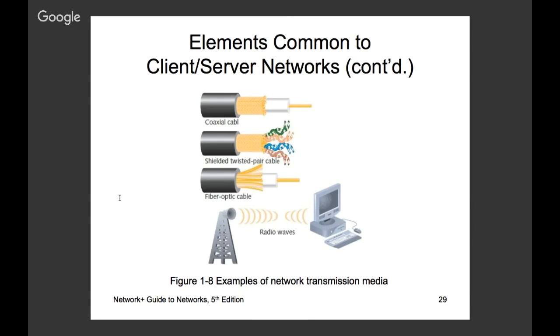Here's an example of cabling, what it can look like. Coaxial, you're familiar with from home. So you have cable. The next one underneath that, we'll be doing in a few weeks, called shielded twisted pair. That's what this one is made up of, shielded twisted pair. And it has on the end of it an RJ45 jack, little plastic jack there. It's got 8 wires. And the reason they call it twisted pair is, and we'll talk about more when we do the lab, you want to keep the